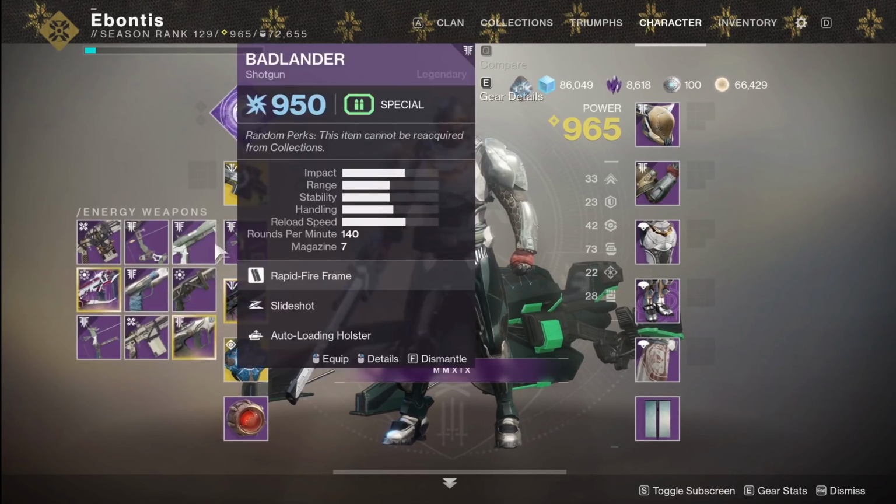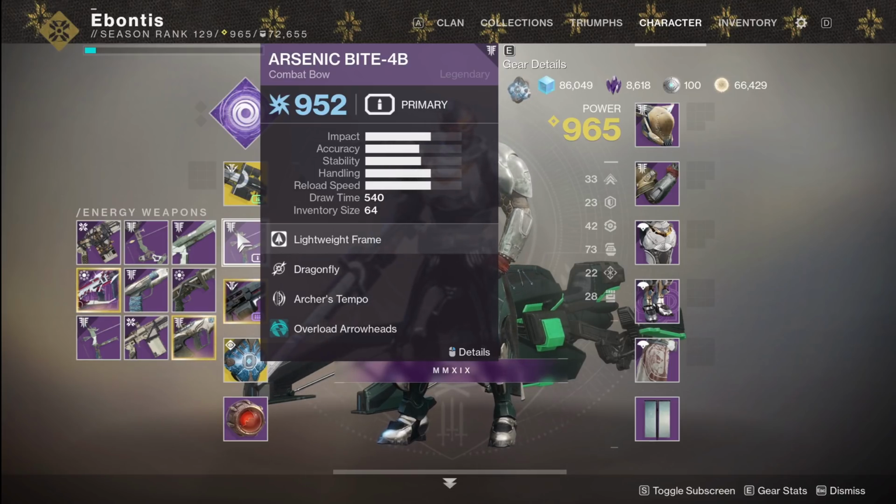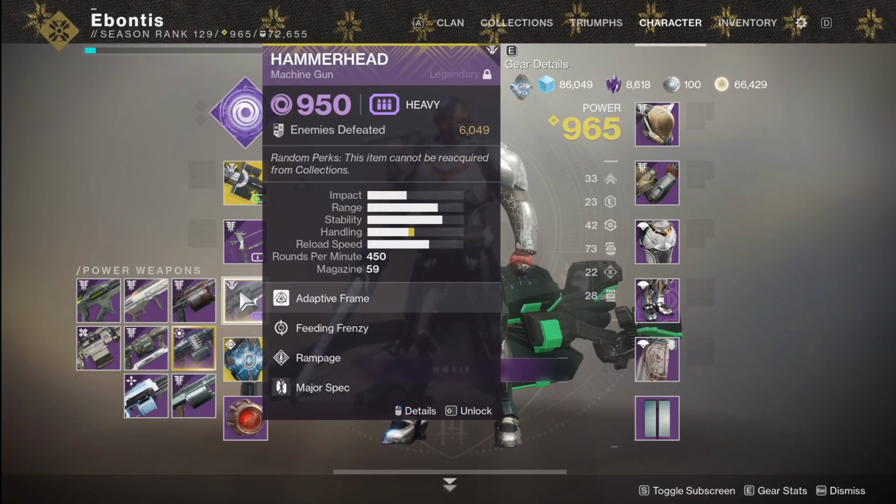Now, the main reason I cannot use something like Ariana's Vows is because it's solar. You have to manage arc shields on harpies, because there's a fair amount of them throughout this thing, hence the arc right here. And you've also got void shields on Minotaurs. Now, there are some moments where Minotaurs may charge you. That is why I chose